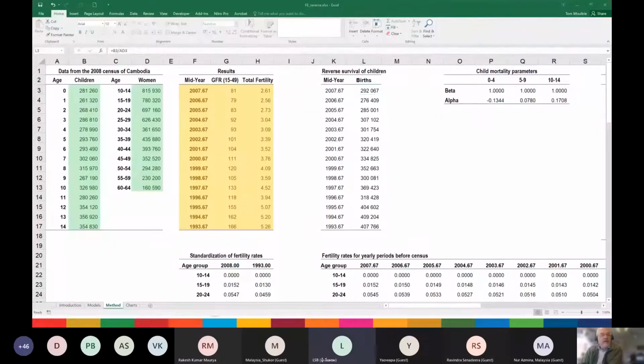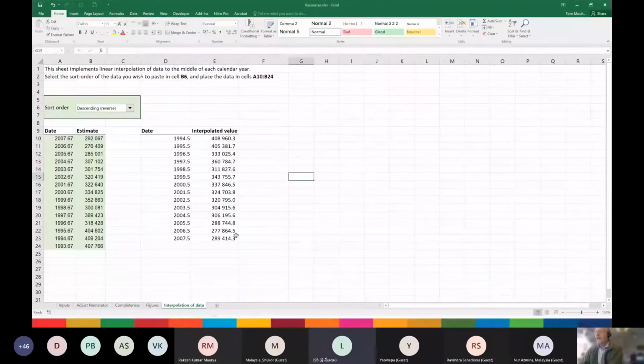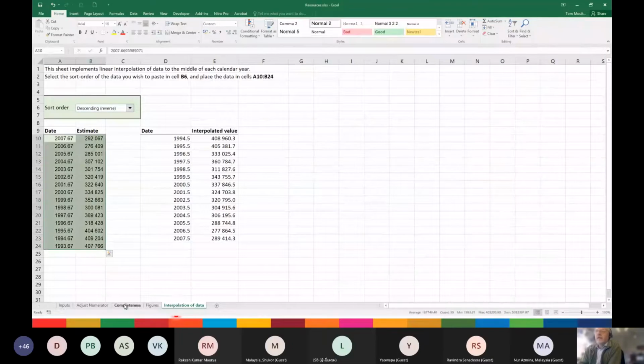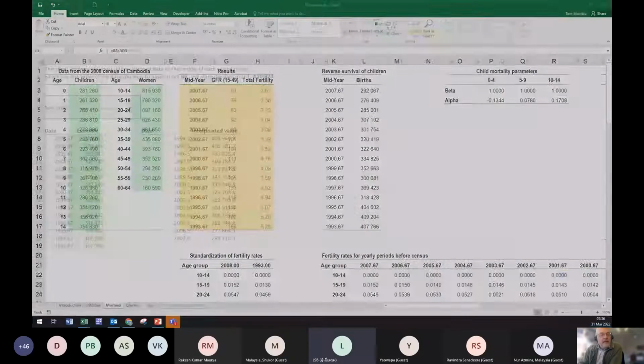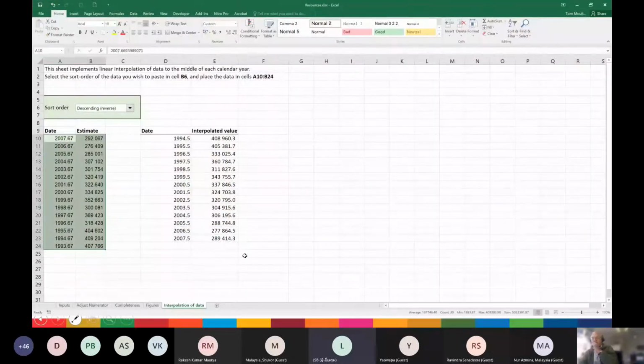And so what the final tab on the resources spreadsheet does is allows you automatically to take data, say, from the reverse survival output. This block of data here is in fact simply that block of data from the output. So let me just show you up there, 292,000 down to 407,700. And what this tab does is it takes those data, and if you say the data are sorted in reverse order, which is the order in which they are routinely provided by that other spreadsheet,